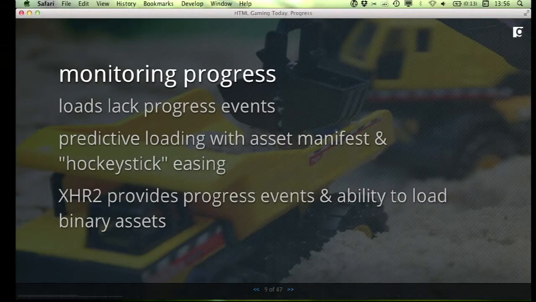Another way that we can approach this is we're starting to see the XMLHttpRequest object, level 2, starting to be implemented in some browsers. And this provides progress events. It also provides a mechanism for loading in binary assets and instantiating them. So images, sounds, these types of things. And so we can actually load our assets using XHR2, get those progress events, display real progress, and then generate binary assets off the data that we load. So it should be possible to write libraries that make it very easy to give true feedback on the load.